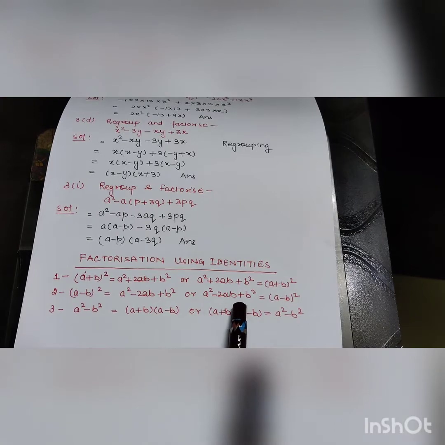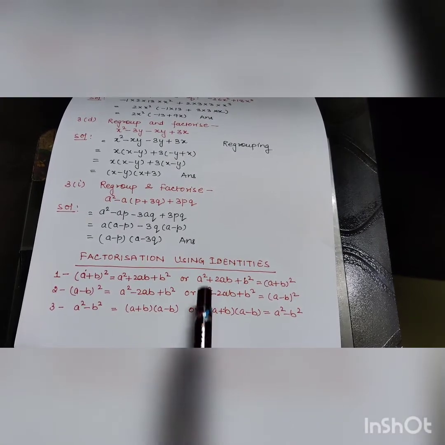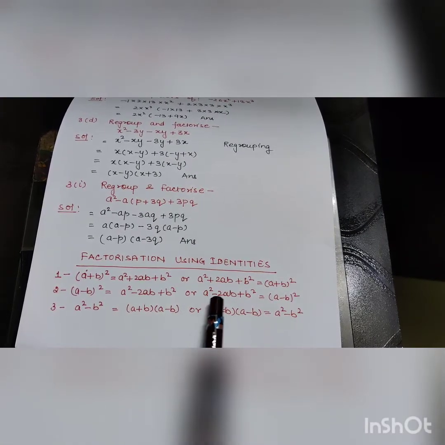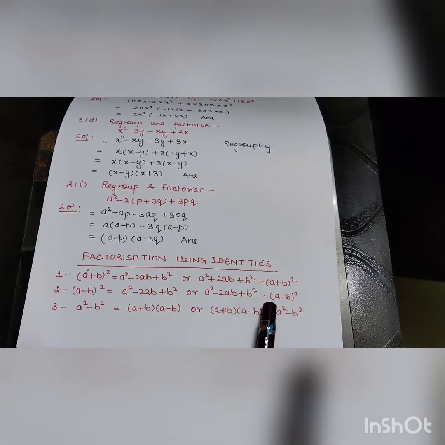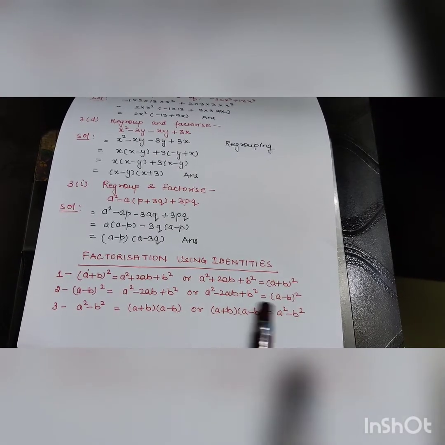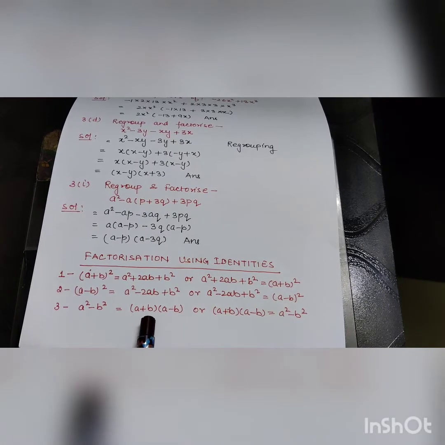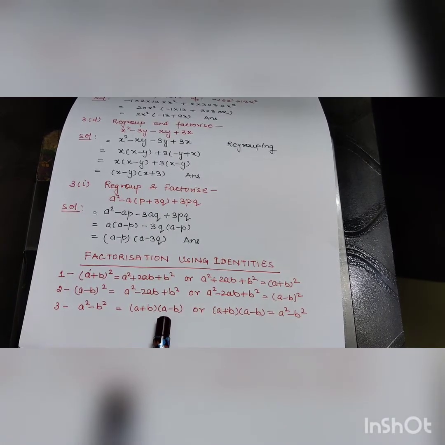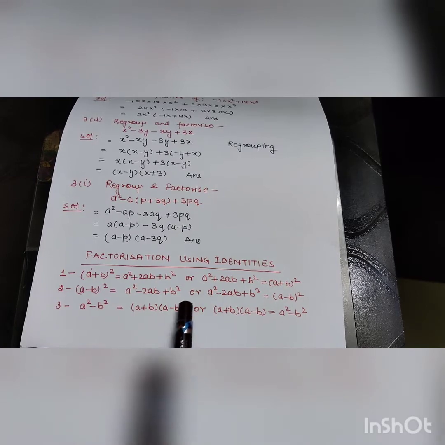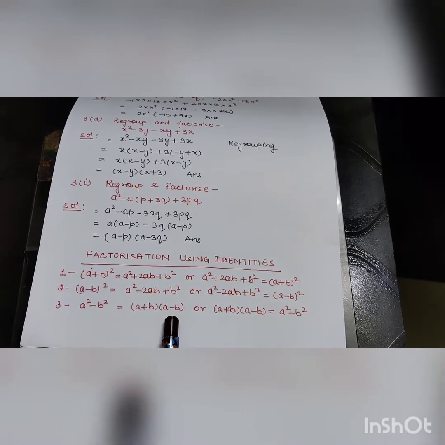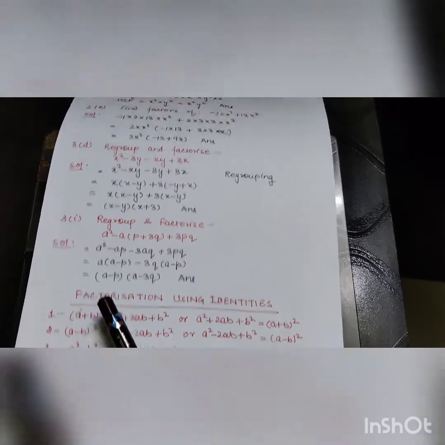If you are given an expression of the type a square minus 2ab plus b square, it can be written as a minus b whole square. And a square minus b square can be factorized as a plus b into a minus b. So these are the three identities which we are going to use in this exercise